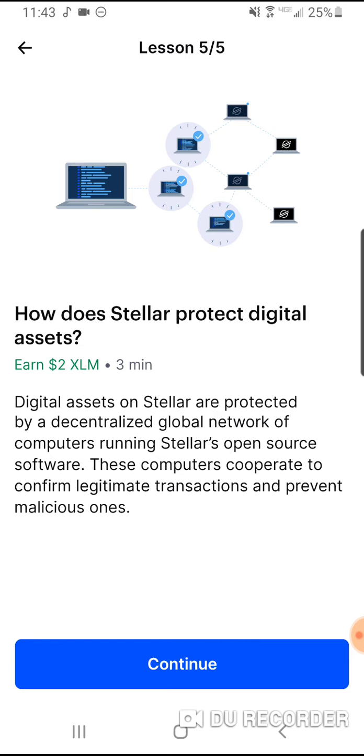But because Stellar allows digital versions of real-world assets like digital yuan or digital bonds, Stellar had to devise a way to prevent the creation of duplicate versions of those assets. For example, if a dollar on Stellar were duplicated, its backing bank would suddenly owe 2 real-world dollars, one for each copy of the network. This would obviously be a problem. So Stellar uses a unique way to settle transactions developed by researchers at Stanford University.